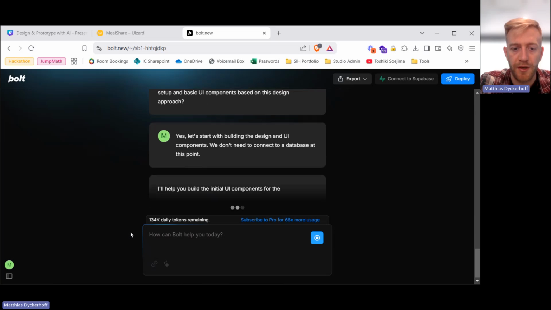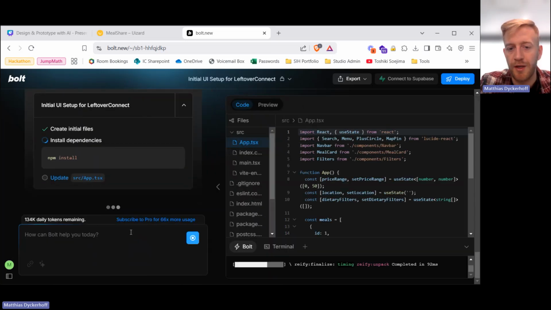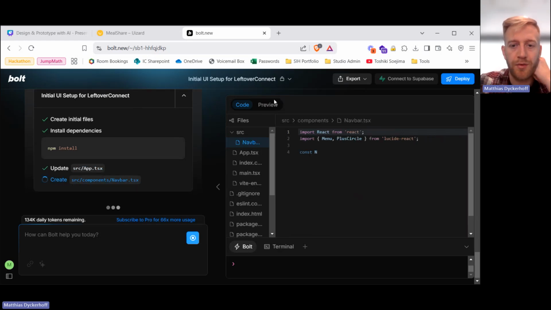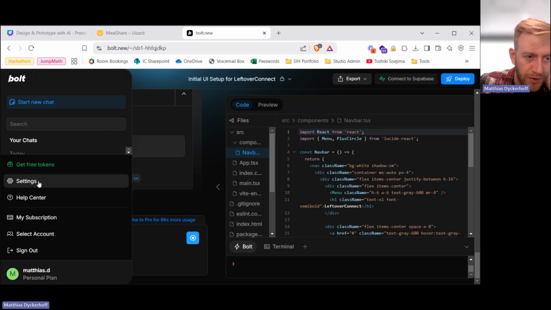So then we'll get started to actually build the design. You can see here now it's making the files and running it. And once it's done, you can see the preview here on the right side. In the meantime, I'm going to go into my